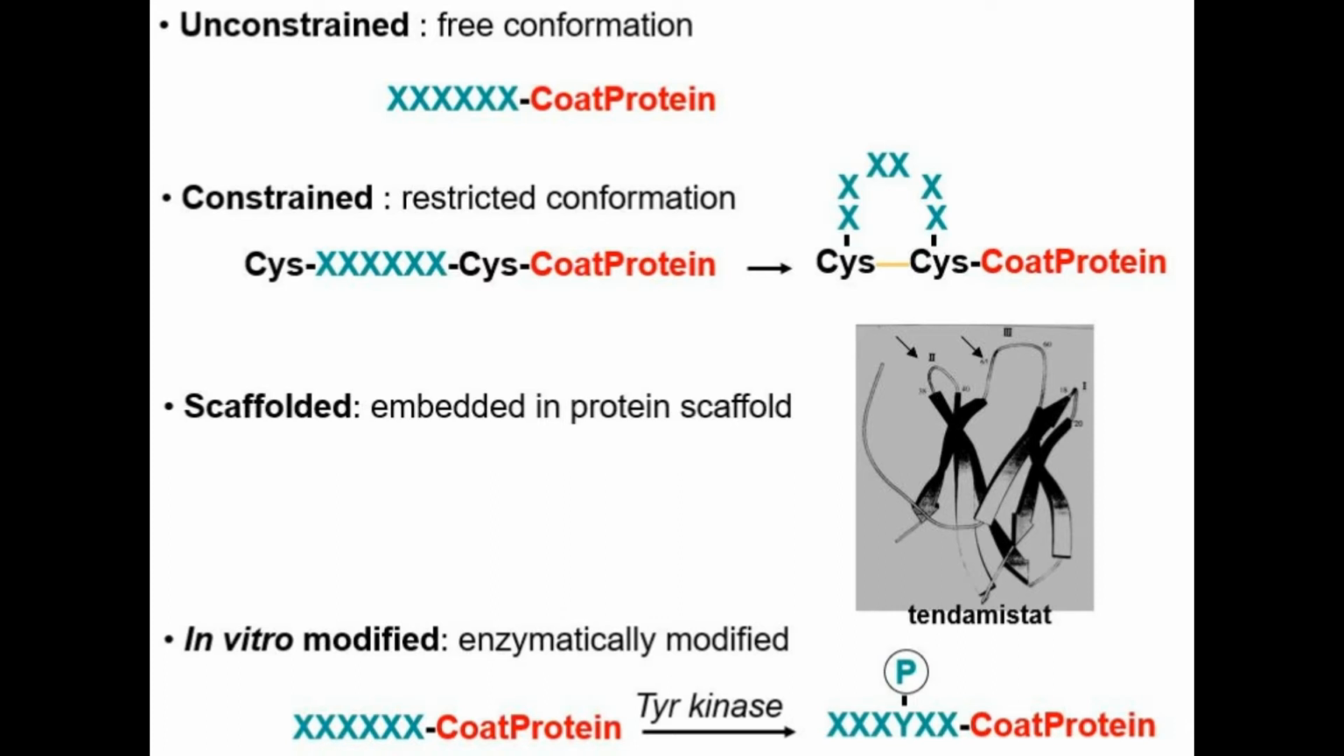And the last one is the in vitro modified, where you somehow enzymatically modify the state of the peptide sequence. For example, you treat it with a tyrosine kinase and it now is attached to a P, like a phosphate group or phosphoryl group. The second category consists of protein variant display libraries, where we have random mutants of the